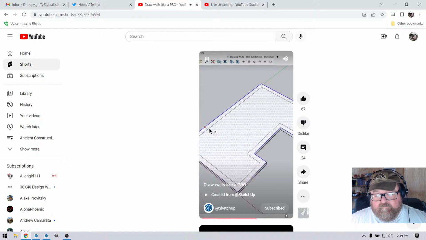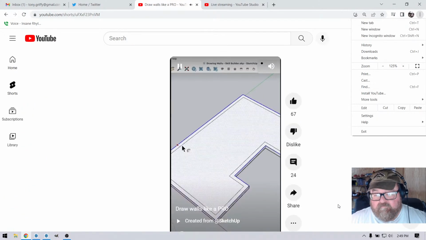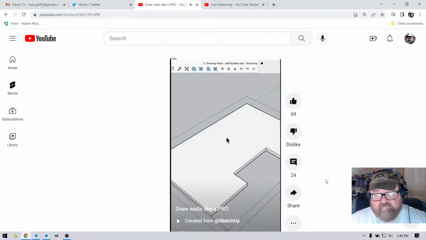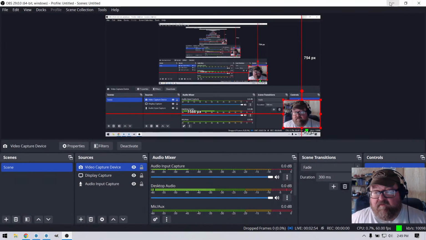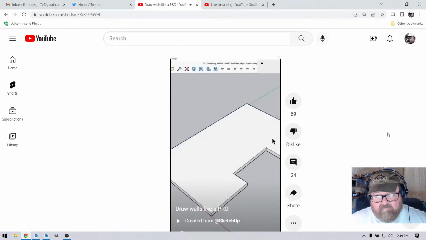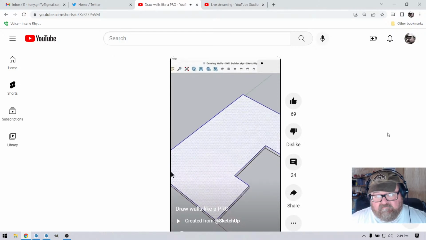SketchUp. That simple. So if my concern is the framing in here, and it's going to be a 2x, I'm going to double click to enter and select the surface of the top. I'm going to say edit, copy. Now I'm going to exit that group by clicking outside, and I'm going to say edit, paste in place. So that takes that surface and puts it exactly where it was, but outside the group. Now, to get walls around here, all I have to do is grab offset and pull the offset, the width